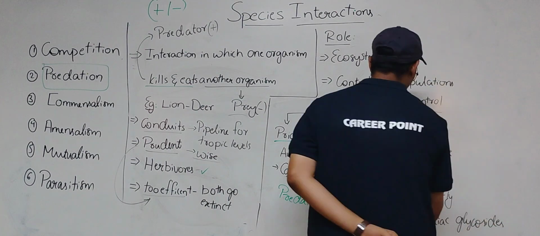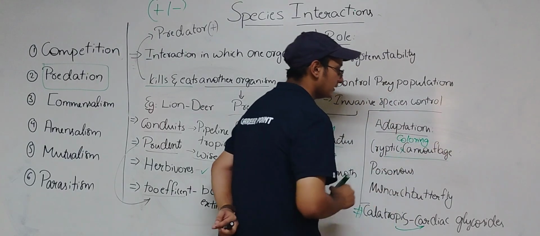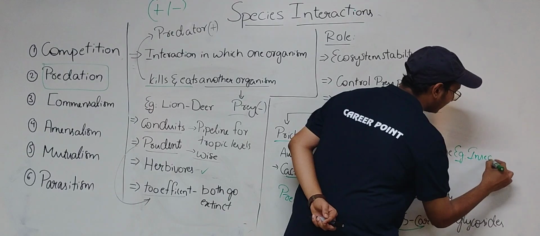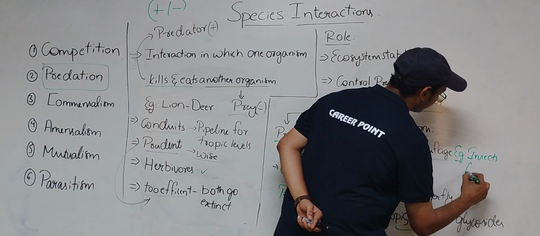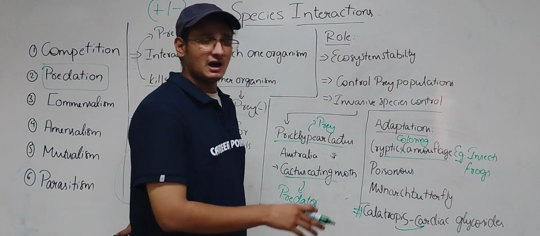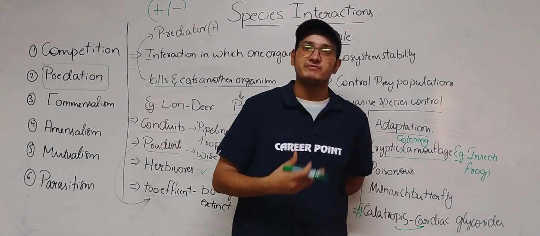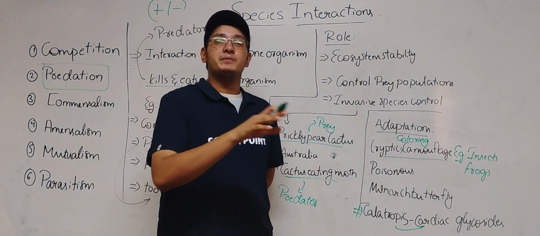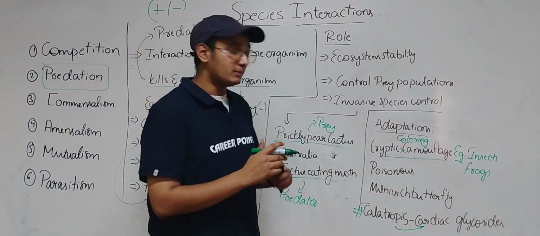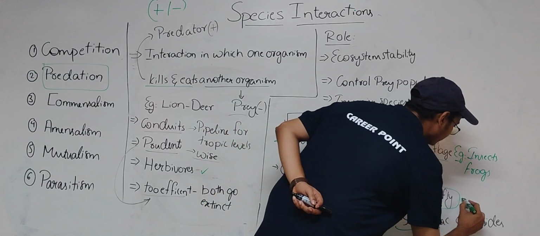Cryptic coloring camouflage. Examples for this are insects like grasshoppers and frogs. Some organisms are poisonous in nature. The poison enters the body and has effects on the predator, so some predators avoid these organisms. There is one more example, the monarch butterfly. This monarch butterfly tastes very bad.